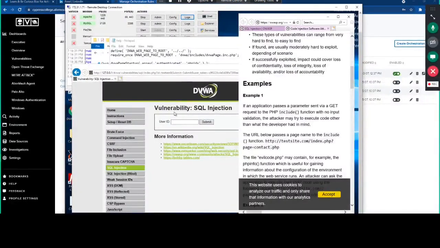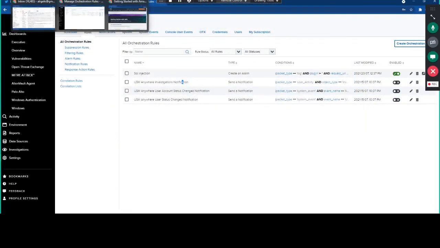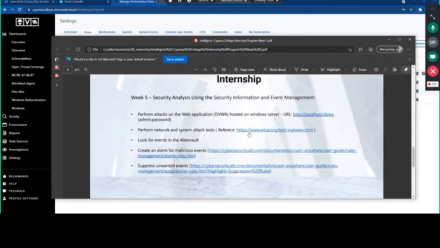Gotcha. Yeah. So we have to run this. The instruction says to go to a website. Wait, where did it go? This one, to run network and system attack tests. So we're going to test malware on our Windows instance. Gotcha. That should be fun. Yeah. Should we just go as far as we can? See where it takes us? Yeah, you know what? If you don't mind, why don't you try just doing another attack, and then we can